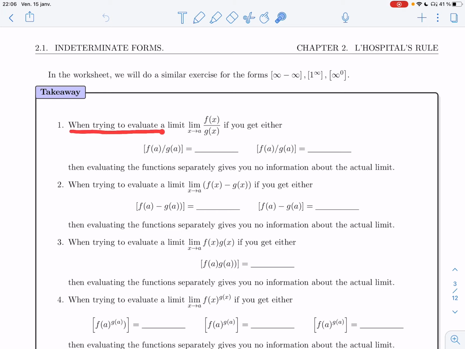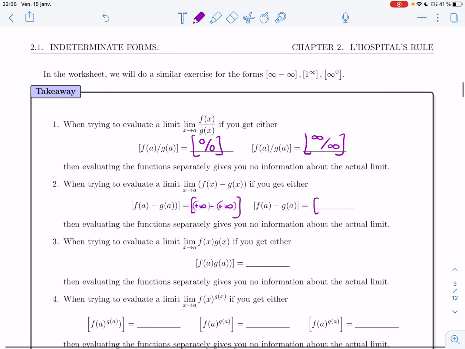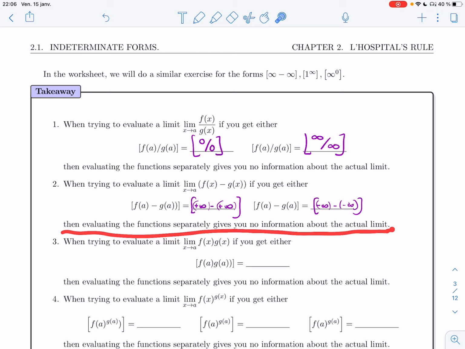When trying to evaluate a limit that looks like this, if you get either 0 over 0 or infinity over infinity, then evaluating the function separately gives you no information about the actual limit. Same thing, when trying to evaluate a limit that looks like a difference, if you get either plus infinity minus plus infinity, or minus infinity minus minus infinity, then evaluating the function separately gives you no information about the actual limit. To figure out the actual limit, you'll need to figure out which one of f and g is actually going